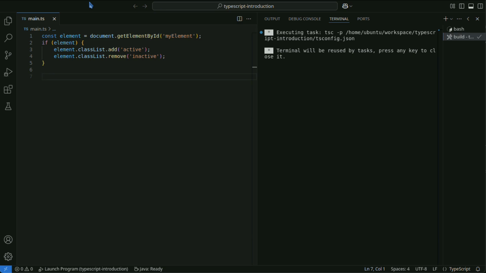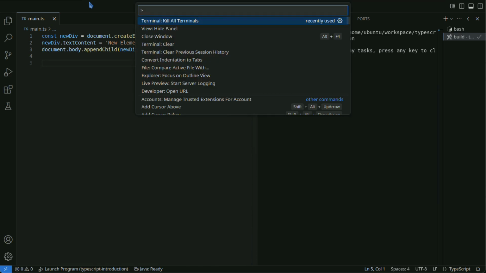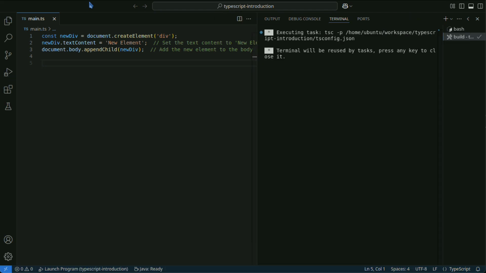Use document.createElement to create a new element and add it to the DOM. This code creates a new <div> element, sets its text, and adds it to the page's <body>.